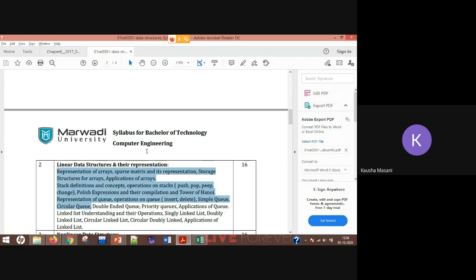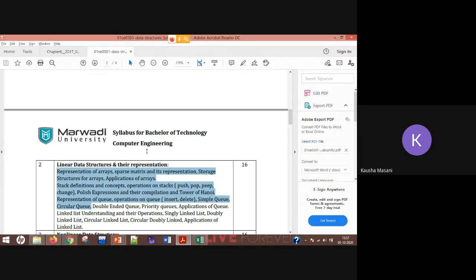Got it, everybody? So please be ready for the unit test. The syllabus is the highlighted one on the screen: circular queue till insertion case, the two insertion cases which we saw, and unit number 1.